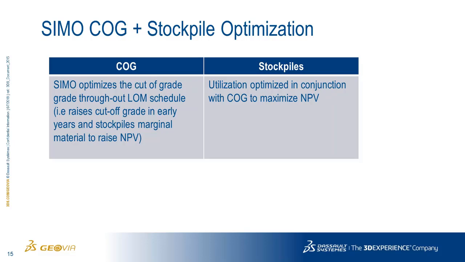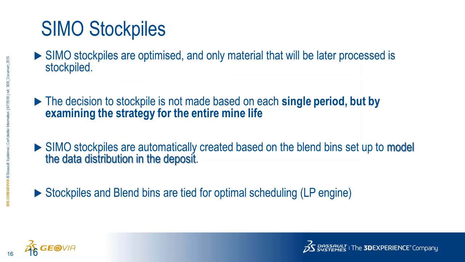Now, normally that will give you a better result, but you could have situations where it won't. Inside of SIMO, the stockpile utilization is optimized, so we're only going to use it, as we'll see on the next slide, if it improves the cash flow, okay? So as we're saying, they're optimized: only material that will be later processed is stockpiled. That could have been a situation before, with a buffer stockpile, where you may have sent material to the stockpile because it was economic or above process minimum grade at the time, but due to time variable inputs, when it was time to withdraw that material from the stockpile, it was no longer valuable, and at the end of our Whittle schedule we had a balance in the stockpile, which we don't want.